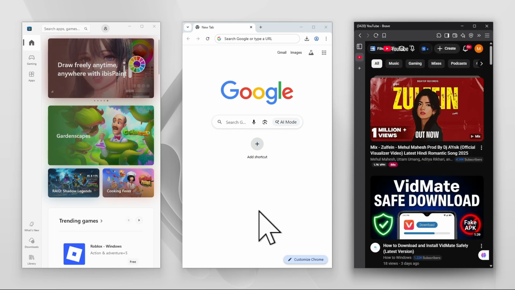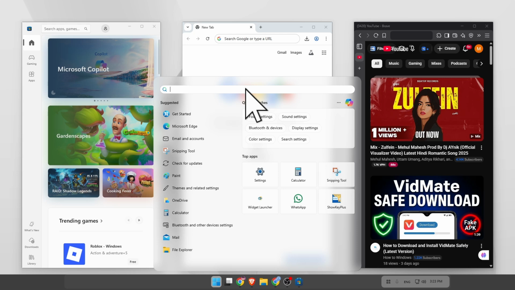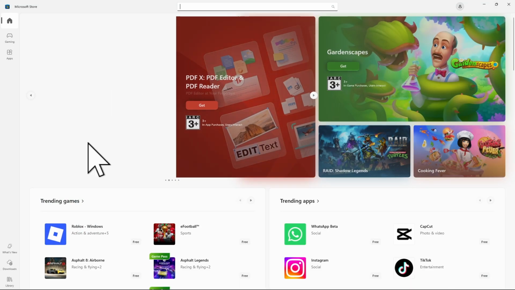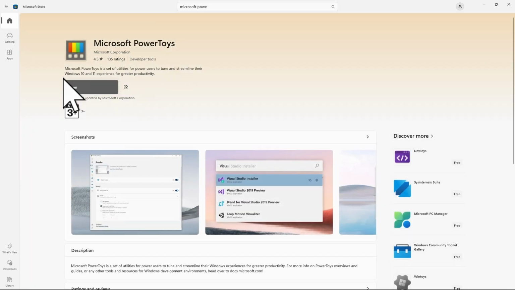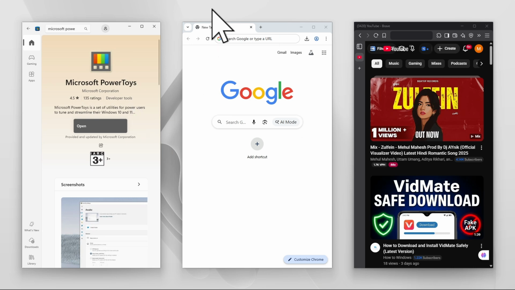So first, what you're going to do, you just need to come over to your start icon and simply search for Microsoft Store. You can see your Microsoft Store, click on it, and then the Microsoft Store will be opened. After that, you need to search here for Microsoft PowerToys. You can see here is Microsoft PowerToys. If you download and install it on your computer, then what you have to do, you just need to